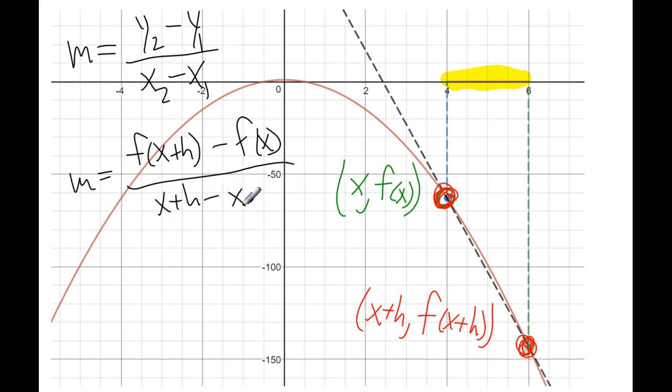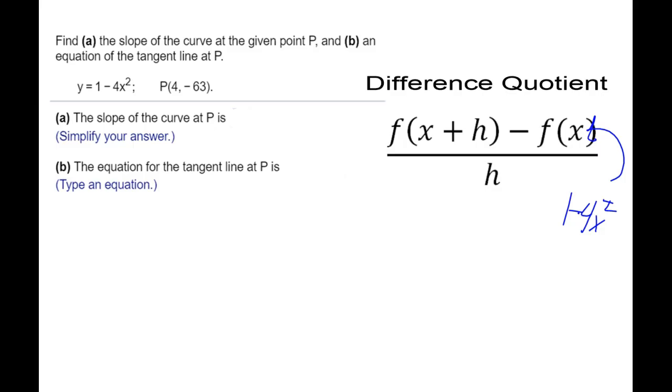And if I subtract x from x plus h, the x's cancel, and I'm simply left with just the h. And that's the difference quotient. It's simply slope. It's the slope between 2 points in the graph of a function,